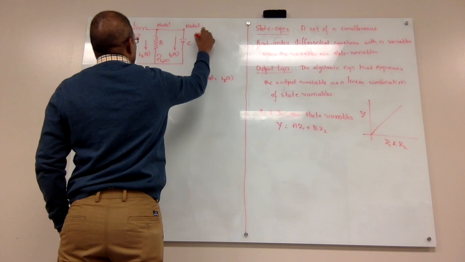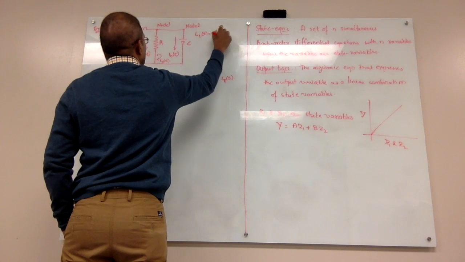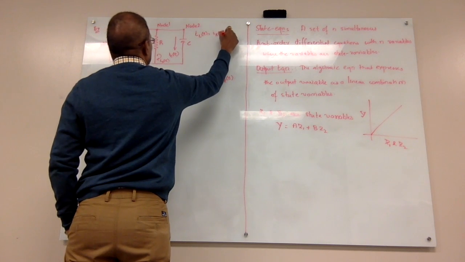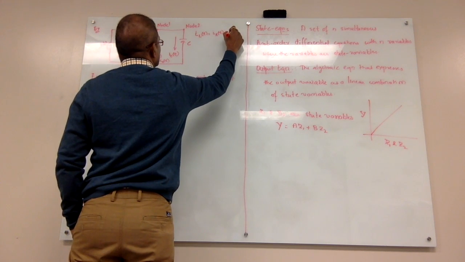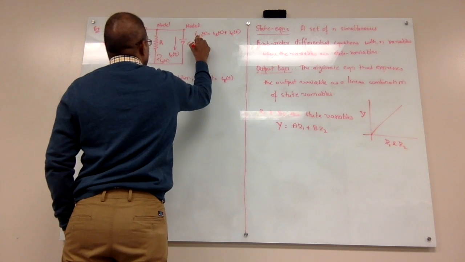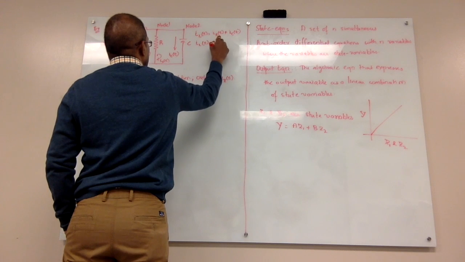Let me rewrite it. IL is equal to IR plus IC. IL is equal to